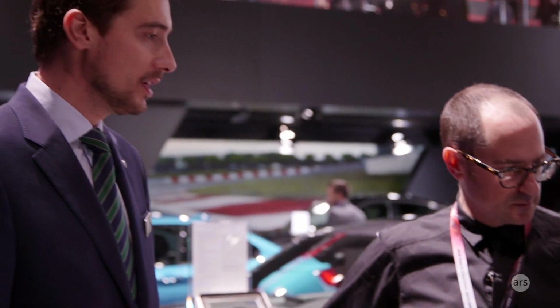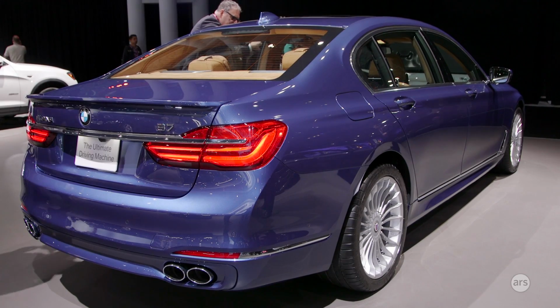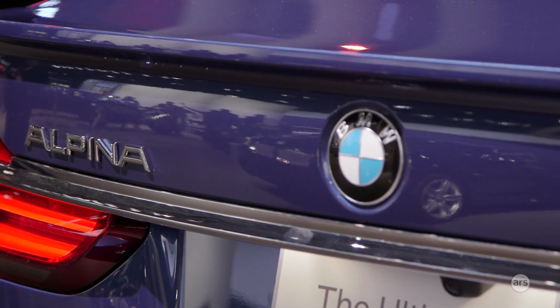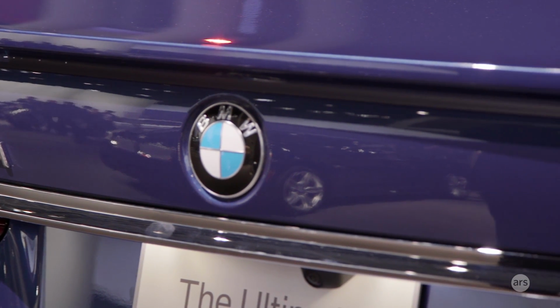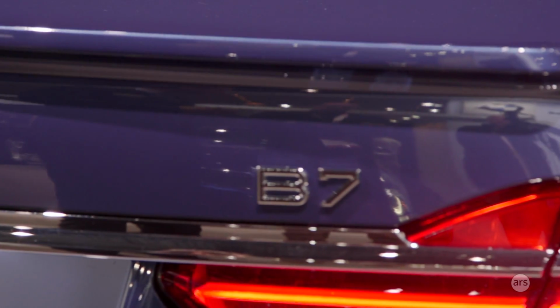We do have very high agility with all the suspension systems, but we also have great comfort. We call it something like a small Bentley, just a very exclusive car. Right. It's a 4.4 litre V8, a complete Alpina new development. Obviously we use the base engine of the 750, so it's a 4.4 litre. The cylinder block, the engine block, is the same, but apart from that, all the peripherals are a complete Alpina